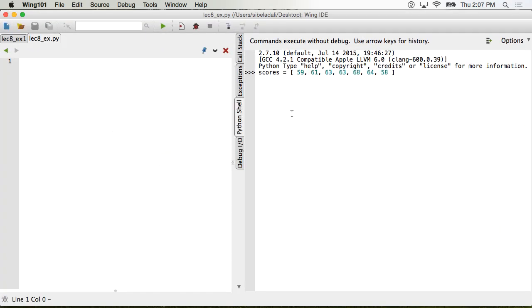Okay. So what this is telling me is that I have a variable called scores, and scores is going to store this list of values. So scores has a value, but the value itself has components. These components are basically numbers. Or you could have values that are strings. So